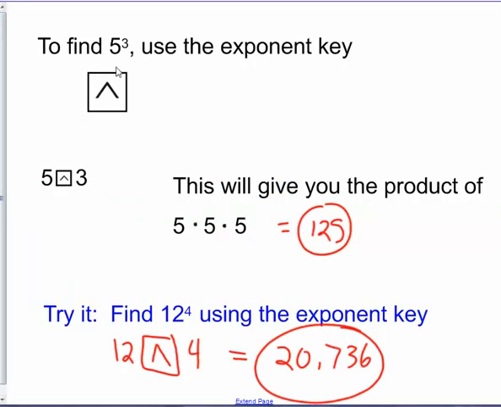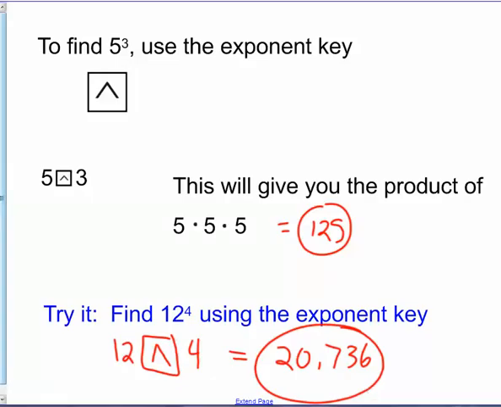And then we used the exponent key. So this little key that looks like a tent above the division key is an exponent key. So if I want to know what 5 cubed is, remember 5 cubed means 5 times 5 times 5, I can just use the tent key, the exponent key, 5 raised to the 3rd power, and I'll get 125. Then you tried it. 12 raised to the 4th power, which remember means 12 times 12 times 12 times 12 is